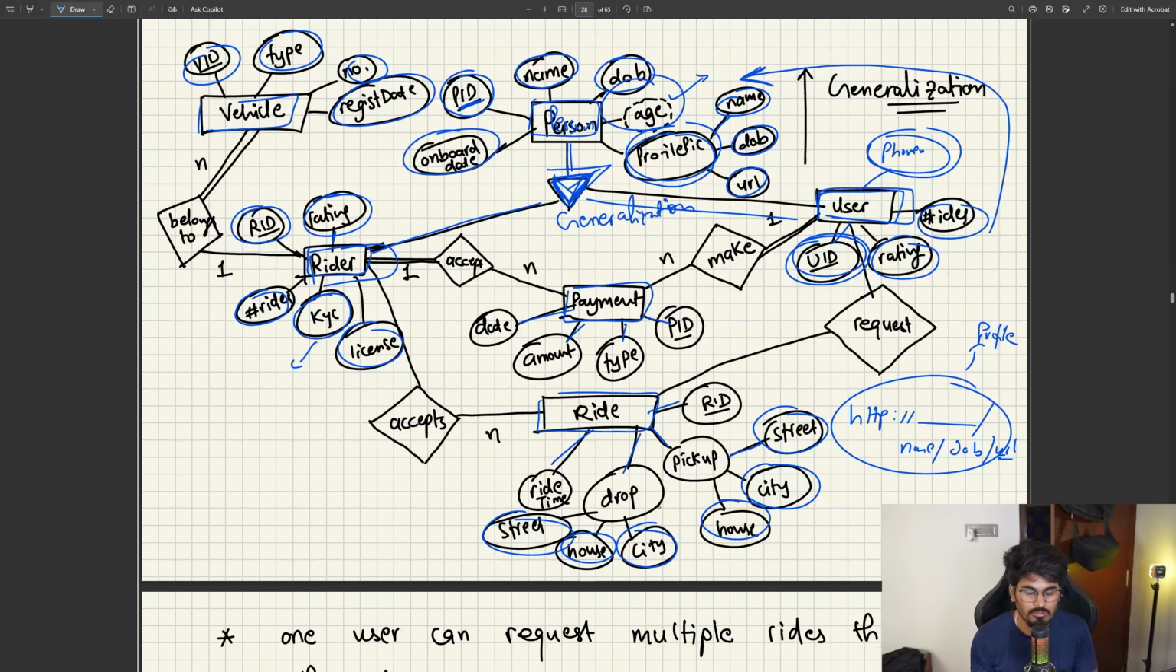Now comes the relationship part. So first of all let's complete user. So user is related to payment. So all the entities I will iterate through: user payment, user ride, user rider, user vehicle, everything. User makes a payment, so relationship is make, right? Second thing is user requests a ride, relationship is request. Just attach single lines at first, single line, single line, single line,